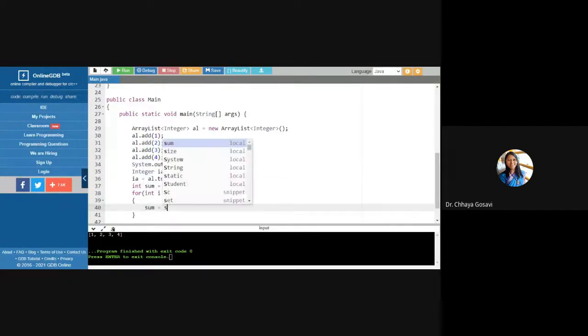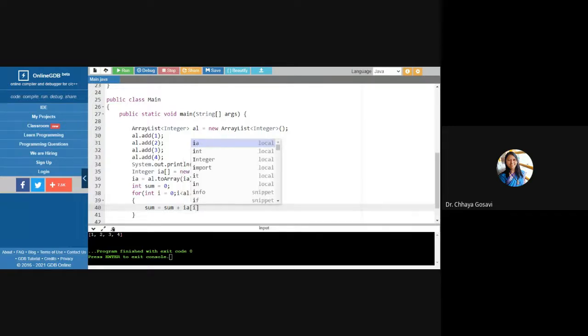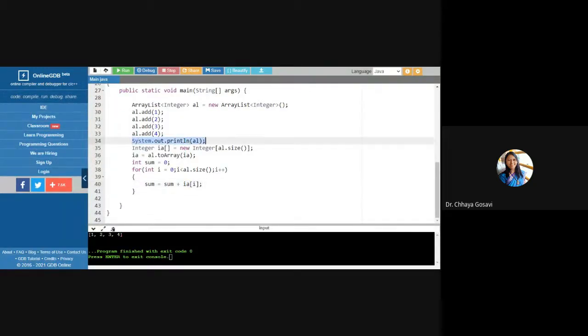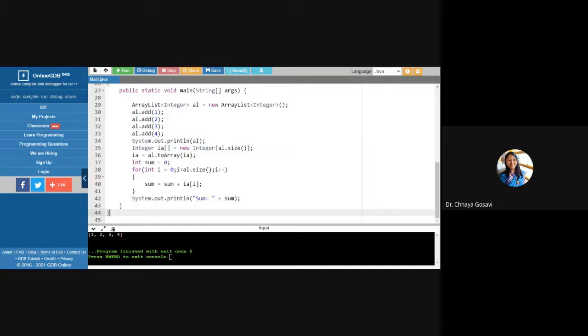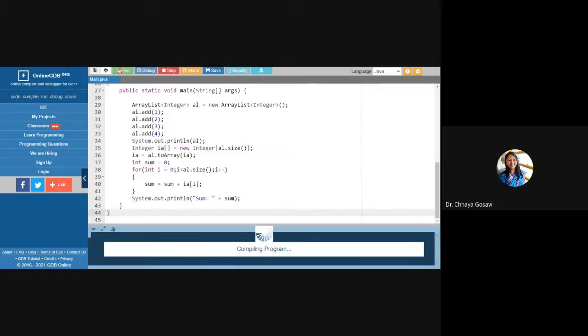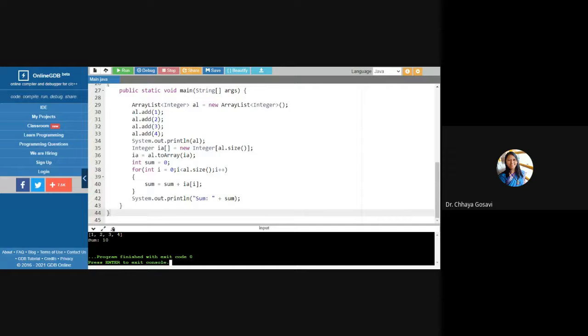Sum is equal to sum plus IA of i. Here we can use IA of i because IA is now an array. And we can print the sum. We want the sum of all these elements, 1 plus 2 plus 3 plus 4. So it has printed sum 10.